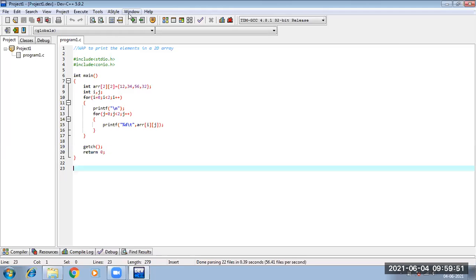So first I will write a small program. Suppose we deal with matrices, a 2 into 2 matrix, 3 into 3 matrix, 2 into 3 matrix, whatever it is, we deal with different sizes of matrices. So first I will write this small program: write a program to read and display a 3 into 3 matrix.